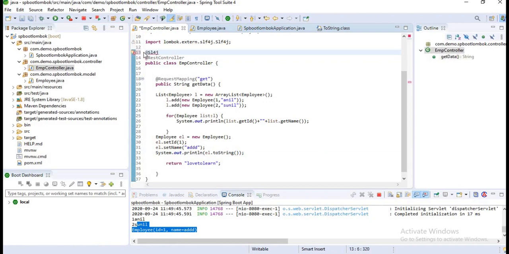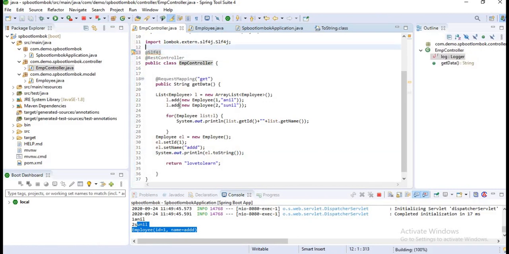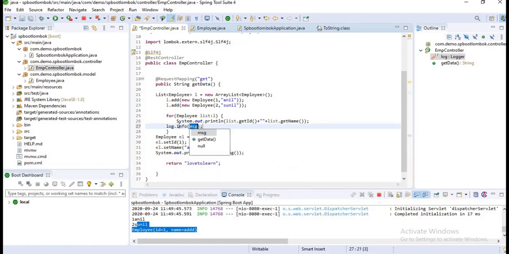You just have to import this package here. Now I want to print my log message here. You can observe I have not created any object for the logger, and I have not imported any other Java file. I just imported my Lombok Java file, which has SLF4J built in. I just declared an annotation here.